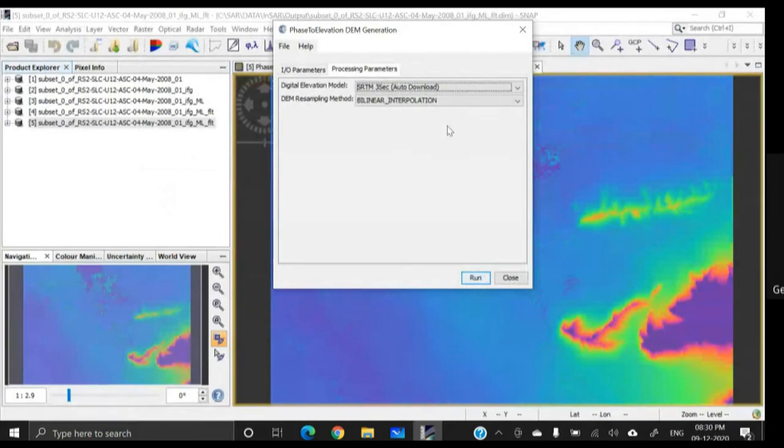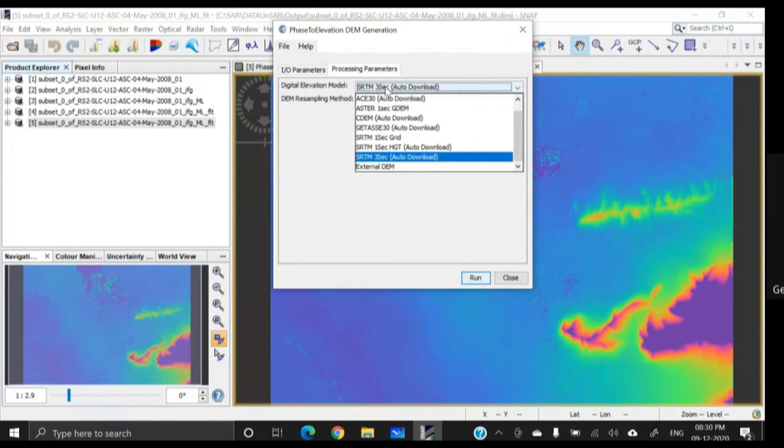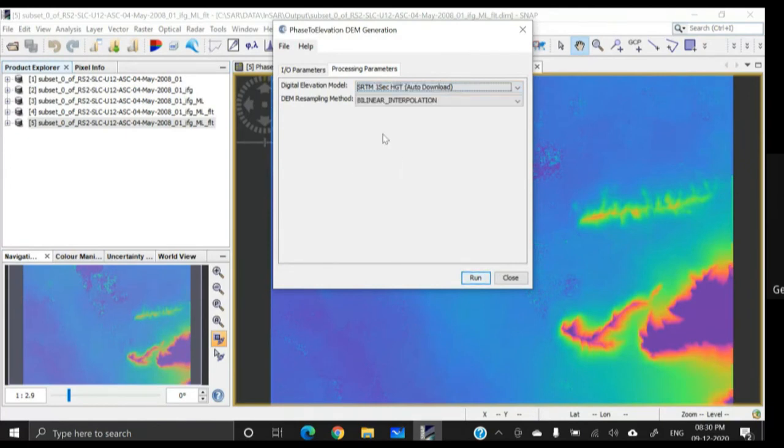So the DEM, CoreSat DEM may be supplied by your image supplying agency, or we also have the option to download it. So in the digital elevation model, select this one, SRTM 1 arcsecond HGT auto download. This is basically 30 meter SRTM DEM. So SRTM 1 arcsecond HGT auto download, this one.